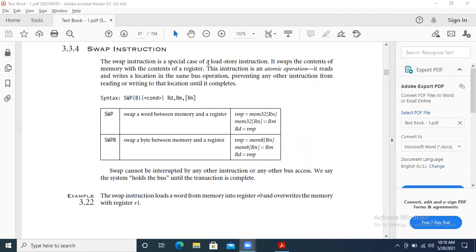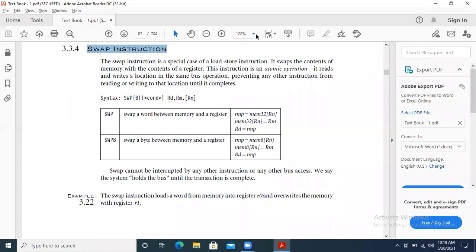And the third type is called swap instructions. Already we know what swap is, because this is normally used in many C programs, the swapping concept. Swapping means we take a temporary memory, and from that memory we exchange the value from A to B. Whatever value is in A is pushed into B, and B is pushed back into A. That concept is called swap. The same concept we use in our ARM instructions also.